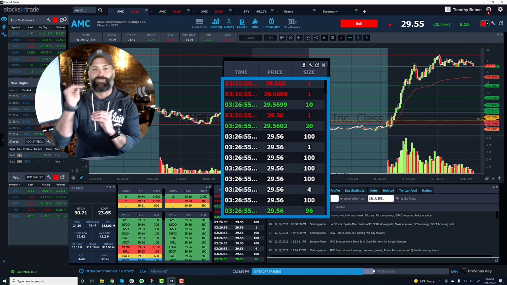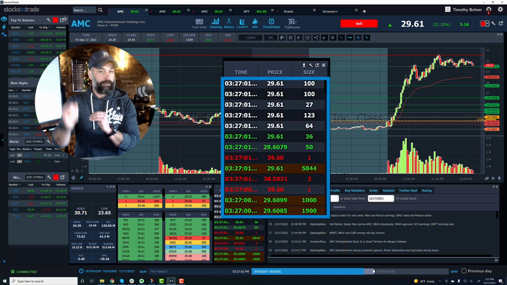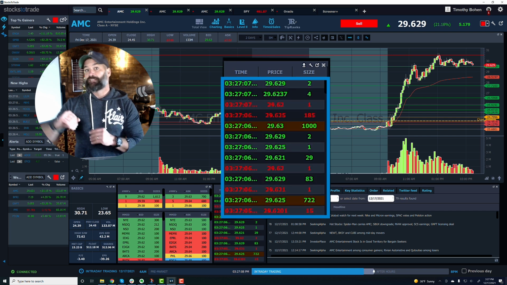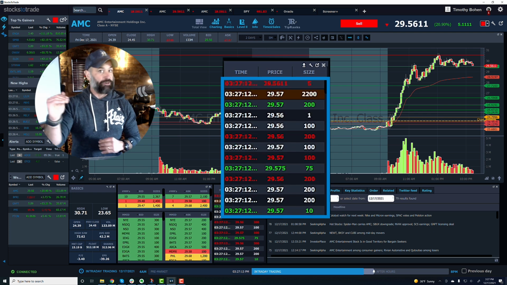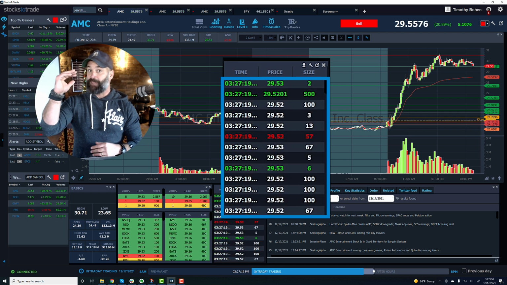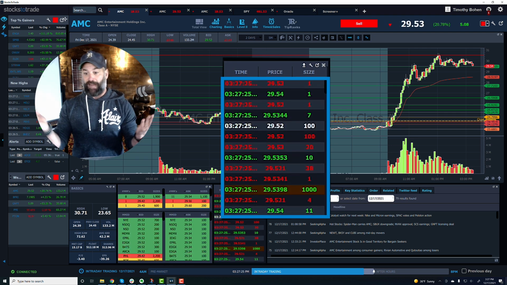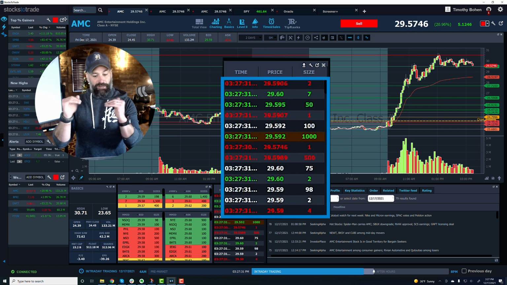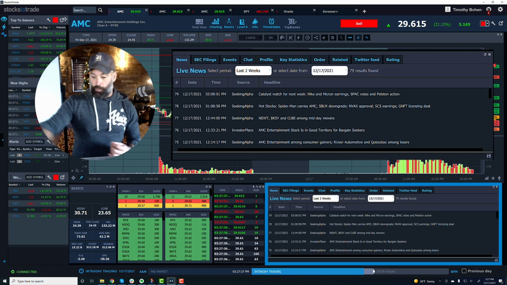So stock sold at $29.55 and the previous transaction was at $29.54. Uptick. Then if the stock sells at $29.53 versus the previous transaction, it's going to be a red. It's going to be a downtick. Now if it sells at $29.54 and then another transaction at $29.54, that's your white print, unchanged. Green is an uptick versus the previous transaction, red is a downtick versus the previous, and white is unchanged. So if you see a bunch of white transactions, a bunch of transactions took place at $29.54, unchanged.